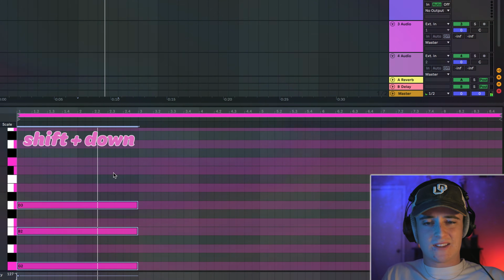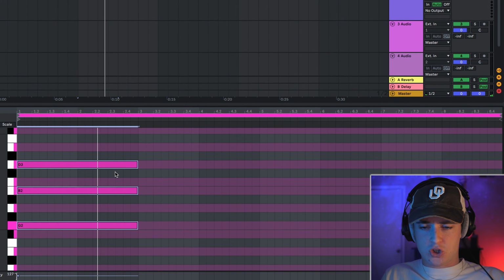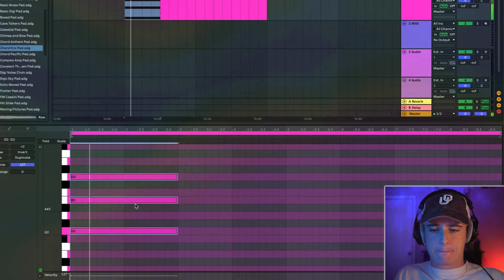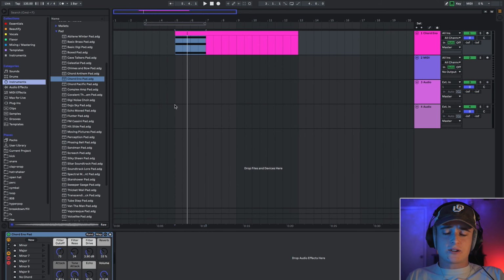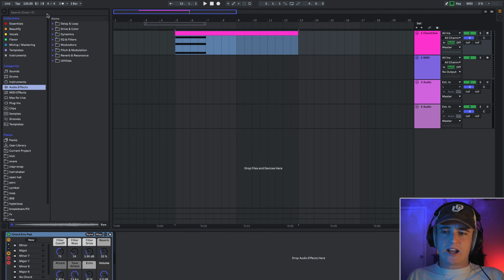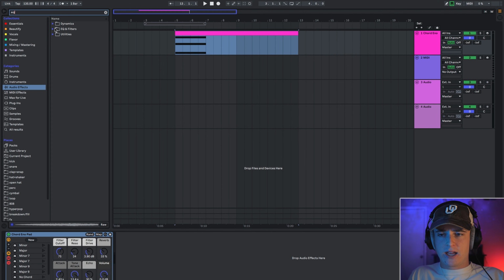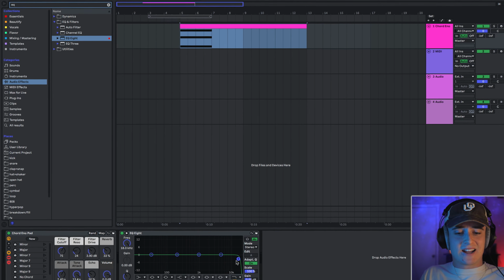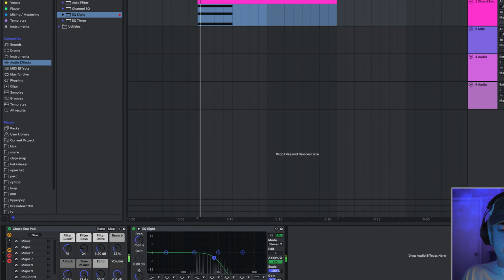Let's move it down an octave. That's a little too sharp, very annoying. Before we select our chords, I want this song to be chill. And right now this pad is just really sharp. It's not chill, so let's make it chill. Let's go to the audio effects and check this out. I can either type in EQ and throw in an EQ 8 and take out some of the highs and kind of send it underwater. That's the term.